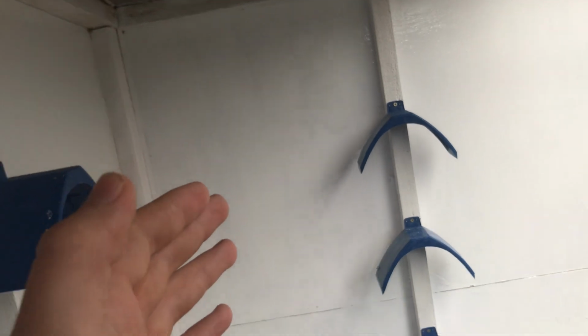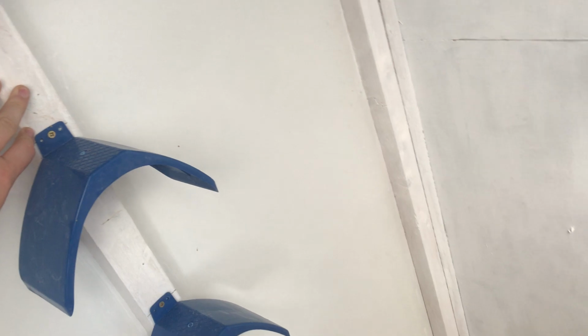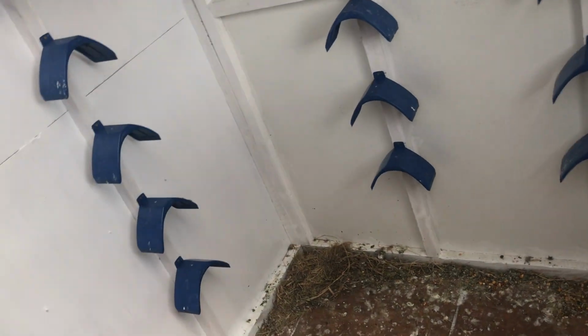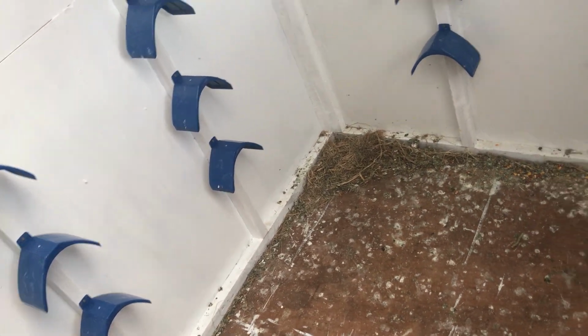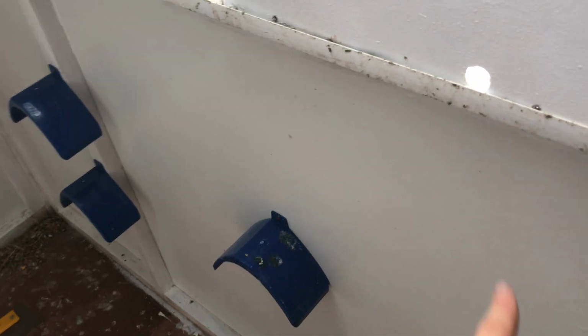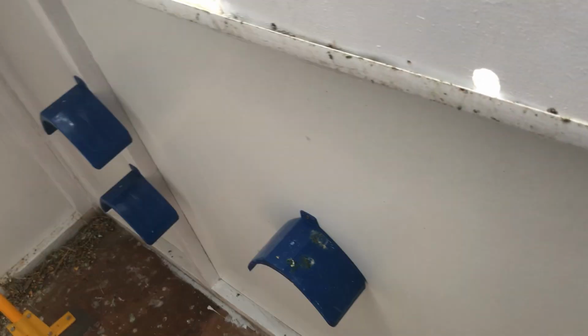But would it be better for me to put my nesting boxes on the back? Because if it is, then I don't know if I should bring them all the way out to here though. Well, I might have to, because I'm hoping to get 5, 10, 15, 20. Well, there's 20 nesting boxes then. And then I can have 5, 10, and then that's 15, but I can also bring that over a wee bit and have another 4 in here. But yeah, anyway,